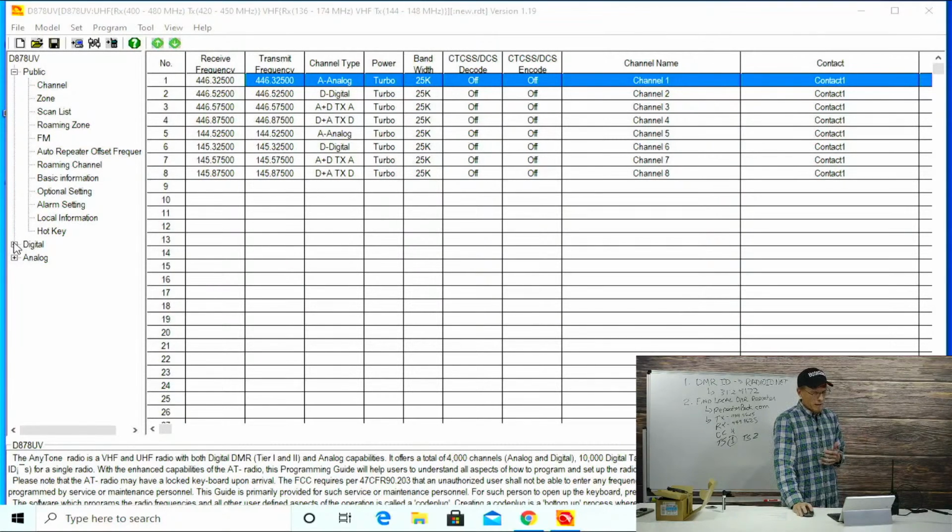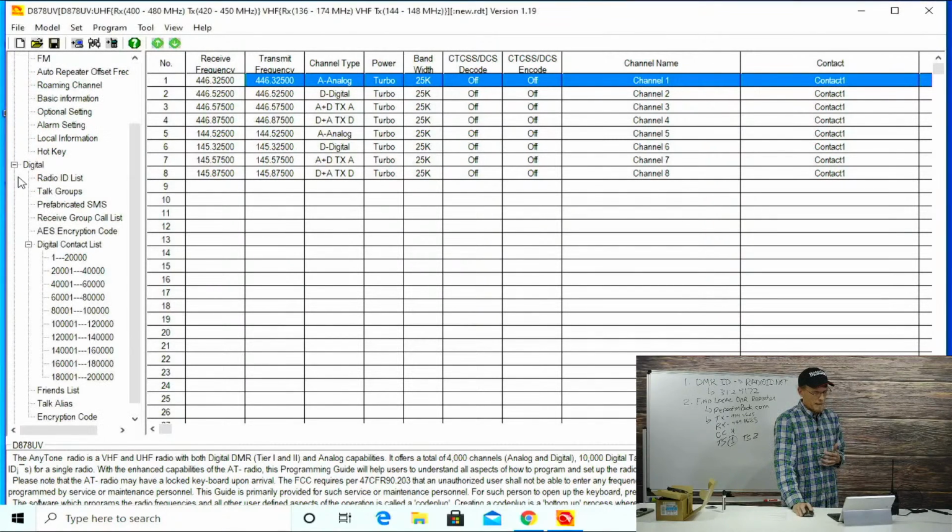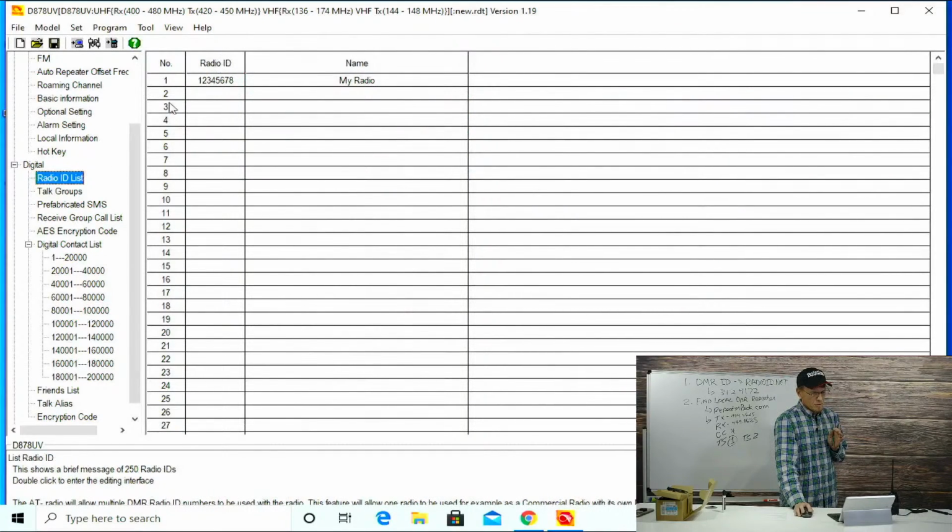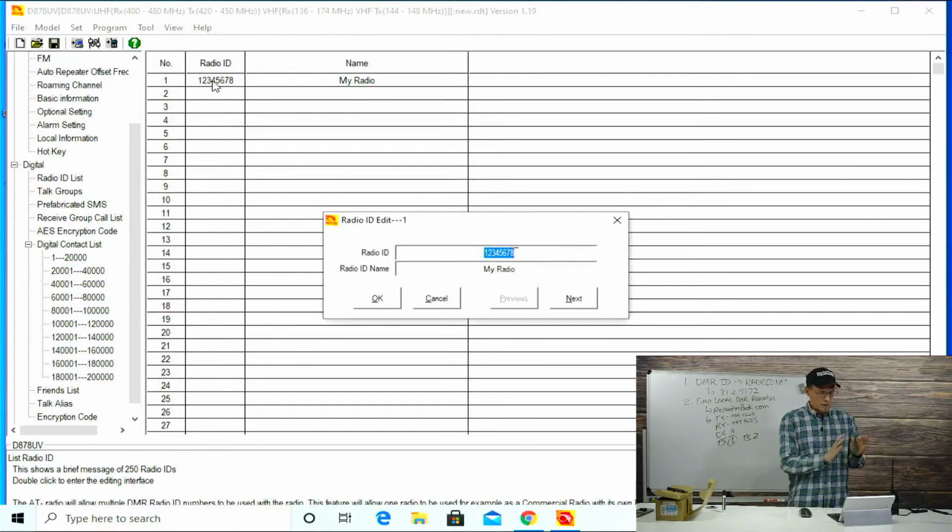I want to go down here to where it says digital, and I want to expand that node. What you see here is very similar to Microsoft Explorer in terms of how it looks. So I want to click on Radio ID list. This is where you're going to put your DMR ID. So I'm going to left double click on that Radio ID field, and it's going to populate and say Radio ID name. So I'm going to put in this field